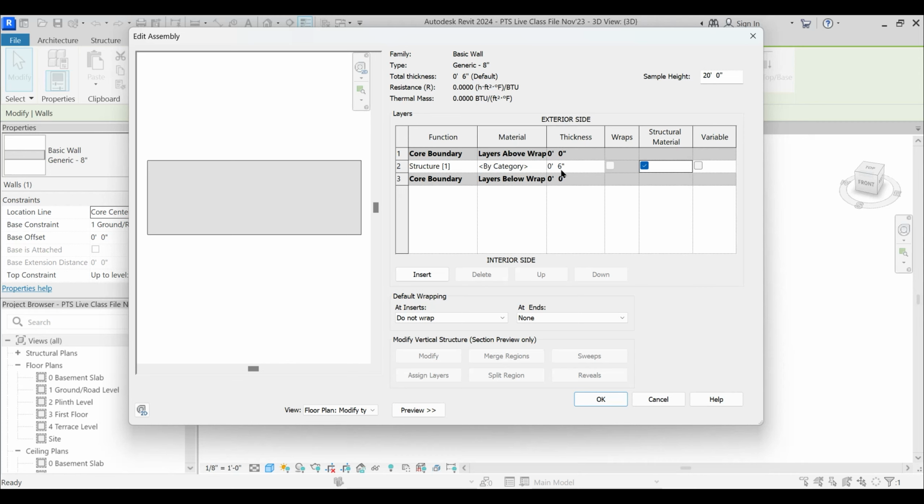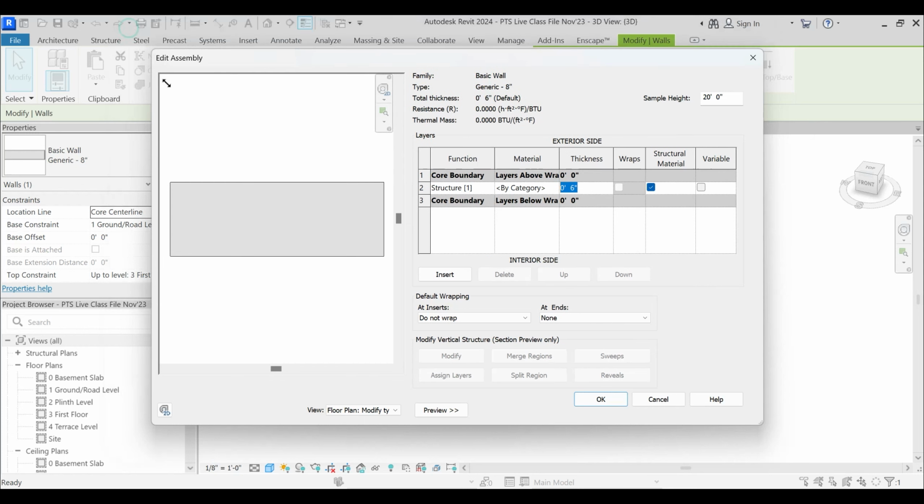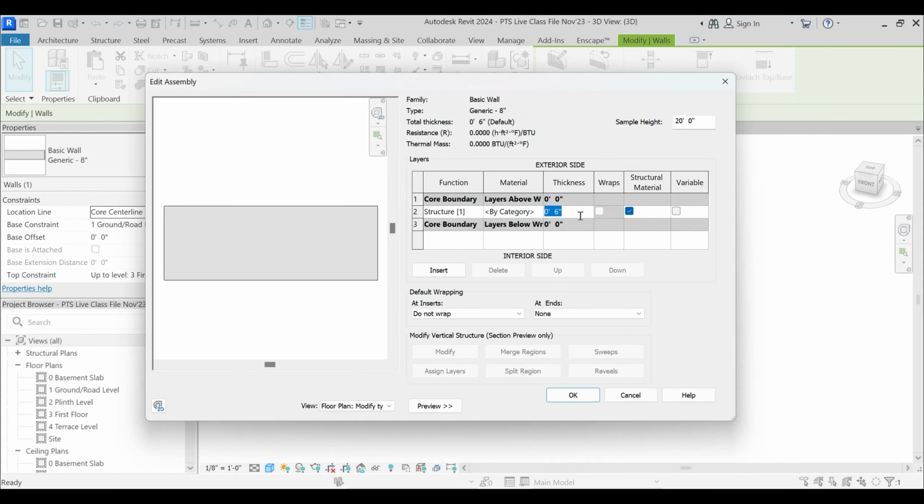So for 6 inch walls, didn't I tell you that Revit is compatible with switching between units? What is the standard thickness of the internal wall in mm? 150 mm.